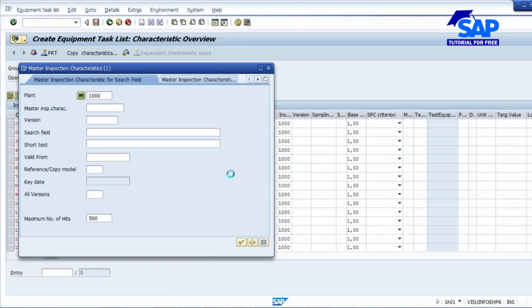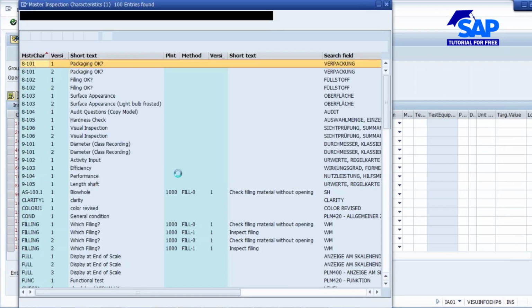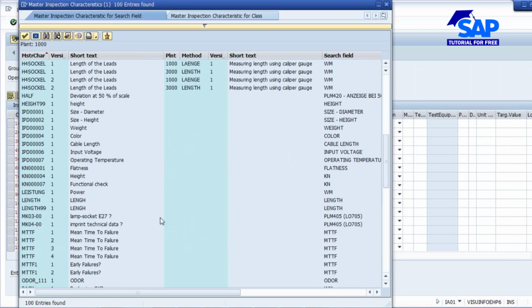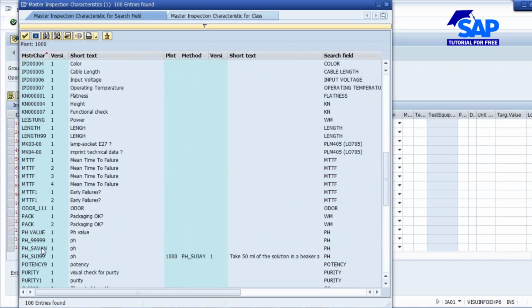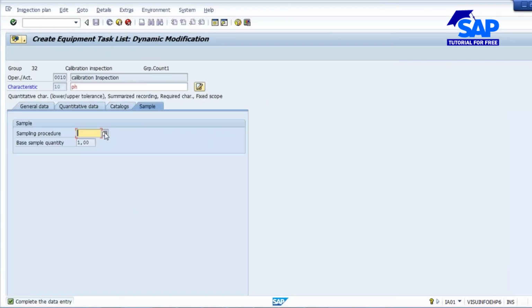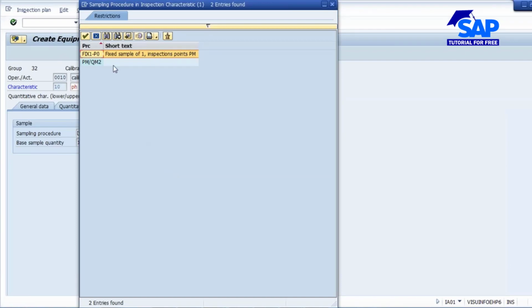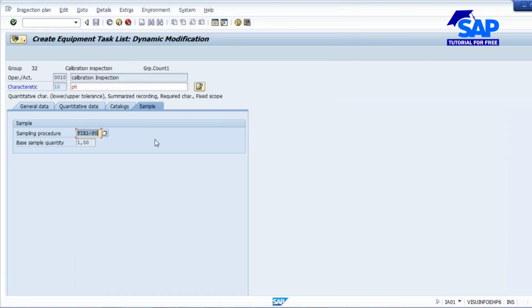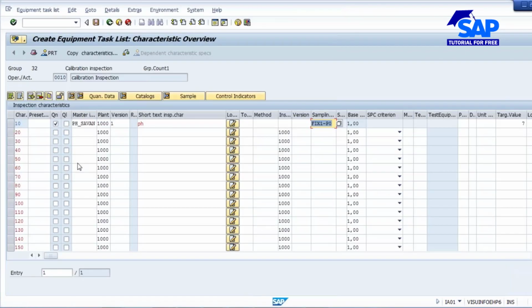Normally for pH meter calibration you will be checking the pH value. So we'll take the pH which is already there in the system. pH underscore 7, this characteristic I'm taking. Enter, and it will ask for the sampling procedure. You enter the sampling procedure, fixed sample 1. So this is how you will be creating the equipment task list.